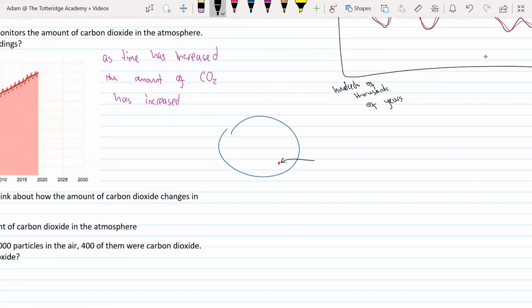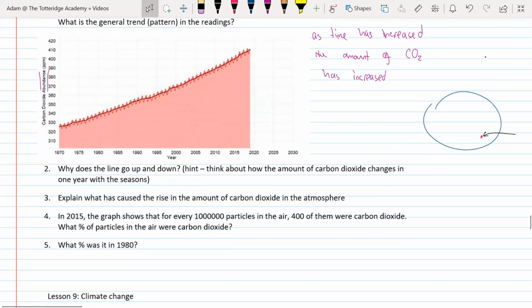Well, in the summer, there's going to be much less carbon dioxide because all the trees start flowering and you get all the leaves in the summer, and they start pulling all that carbon dioxide out of the atmosphere. And then those leaves die off over the winter and they stop doing photosynthesis. So a lot of trees don't do much photosynthesis over the winter, and that means that the carbon dioxide levels in the atmosphere go up. So it goes up and down because in the summer, oh, sorry, this should be purple, CO2 goes low,